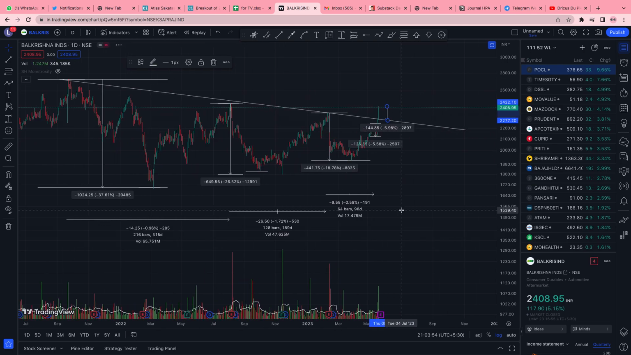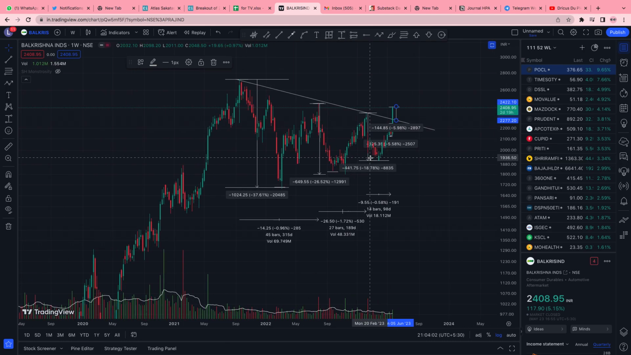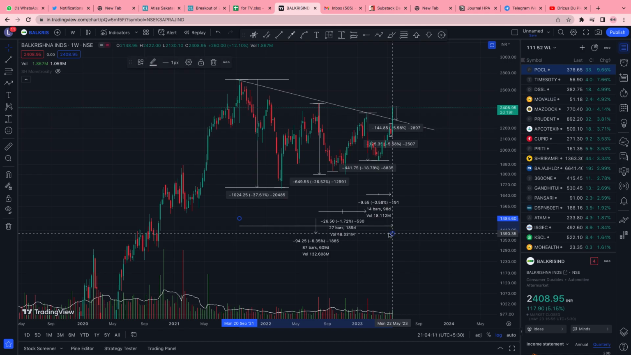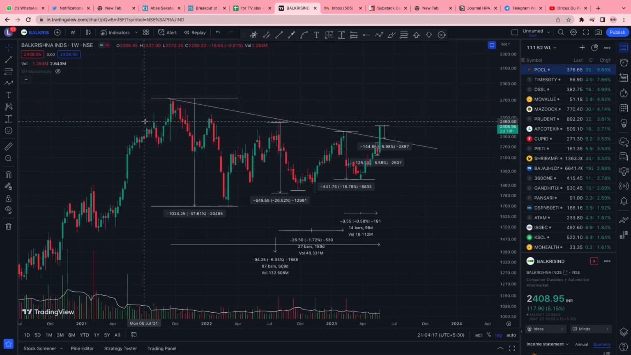Especially because the base is such a big base. In terms of weeks, the whole base is 87 weeks. It's very big. So 609 days is a long time for a constructive base to happen, and the bigger the base, the bigger the breakout. And